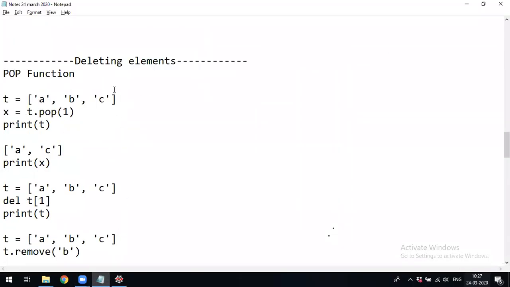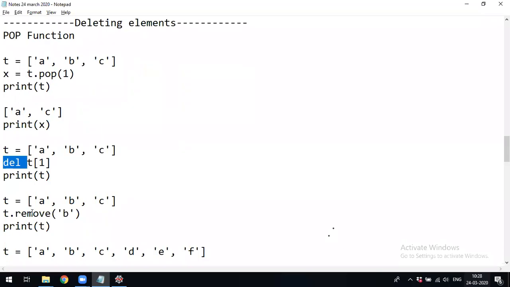The next commonly used function is the delete operation. In delete operations, you have three different types. Sometimes you know the index of an element. Sometimes you don't know the index, you just know the element which you want to remove. Sometimes you want to know which element is being deleted. For that reason, Python has given three different options: one is called pop, another is the delete operator, and one more function is called remove. These are three different varieties of deleting elements.